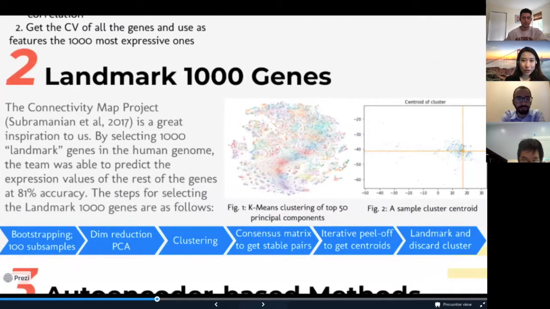After our first approach, this revealed to us the need to better select features. We discovered the Connectivity Map project, which is a counterpart of our problem in the human genome. By selecting 1,000 landmark genes, they were able to accurately predict the expression values of the rest of the genes. Basically, they do unsupervised clustering and identify the centroids of the clusters as the landmark genes. However,